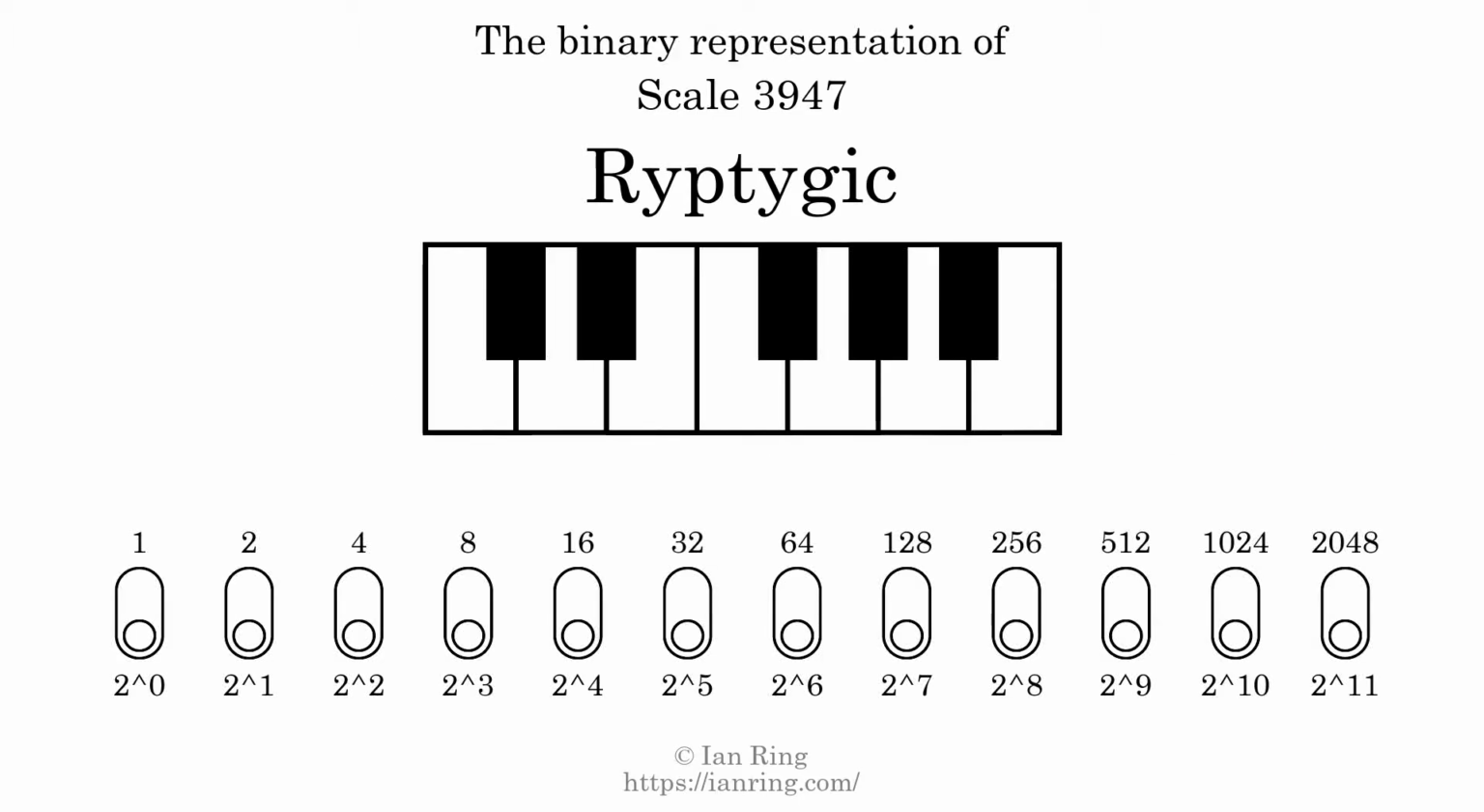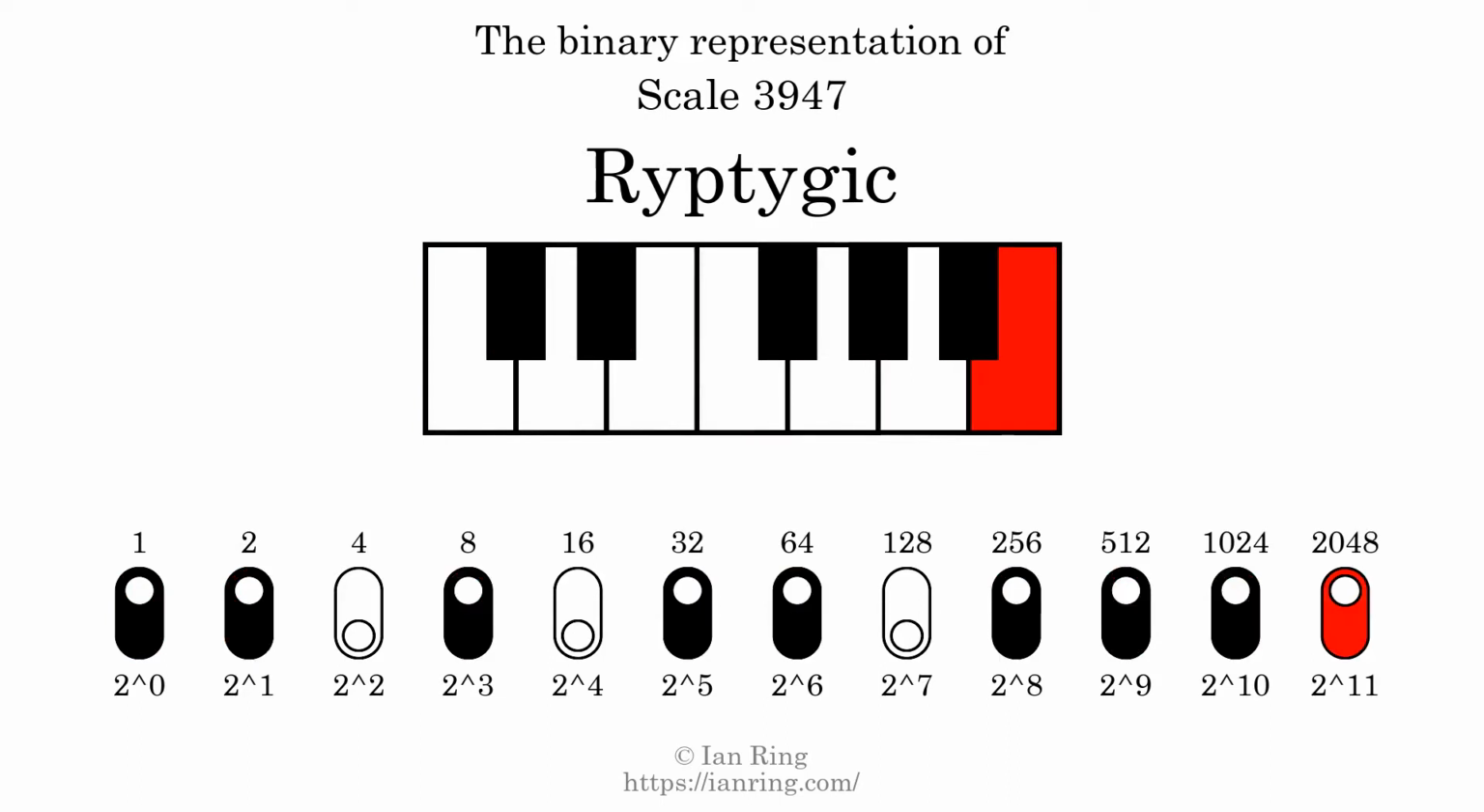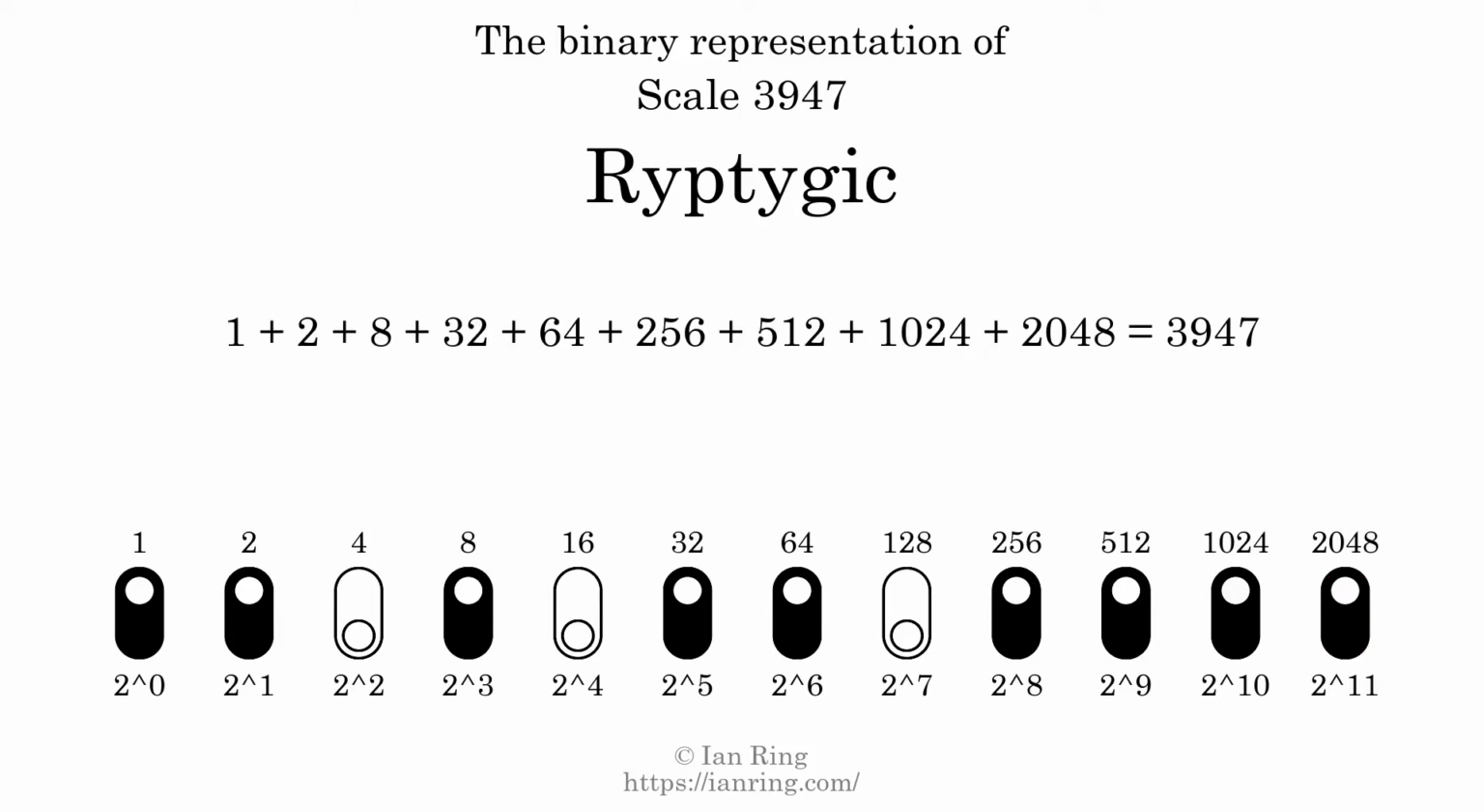The binary representation of this scale is determined by mapping tones of the scale to binary digits. Each binary digit represents a power of 2. To get the scale number, we add the powers of 2 together. The powers of 2 that are present in the scale, all added together, equals 3947. That is why the scale number, in decimal, is